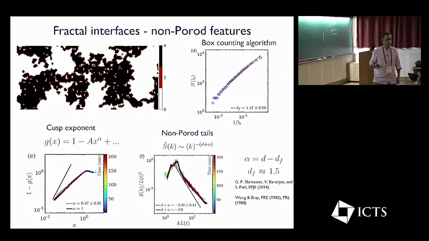I have one. So model B supposedly follows Porod's law, no? I mean, k to the minus 2. Yeah, model B. So this is model B plus noise, with colored noise. What we are saying is that we are mapping this onto a two-component system wherein the bacteria act like noise, and it's a colored noise essentially. It's not thermal noise.